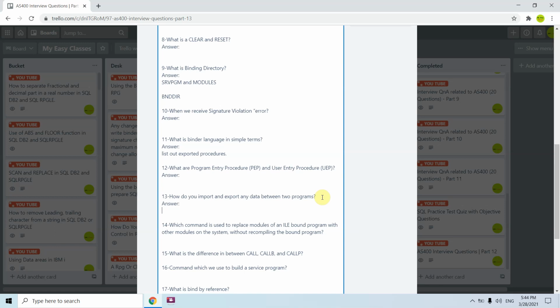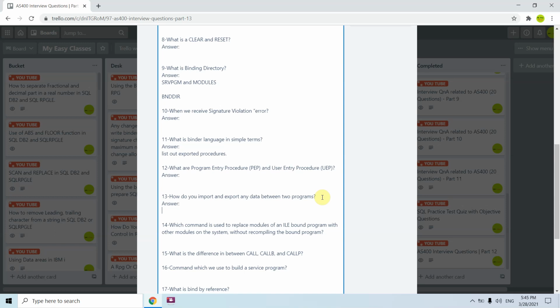But if I want to export the data between a program and several of its modules, I can use the export and import. In RPG where ILE was not there, we needed to use the parameter passing method. But here we can use export and import. But again, if you want to export the data, you need to bind that module to your program, else you won't be able to export the data. For exporting data, either you need to bind the service program, but between two programs you cannot do it. You can do it in the same program with multiple modules bound to it.